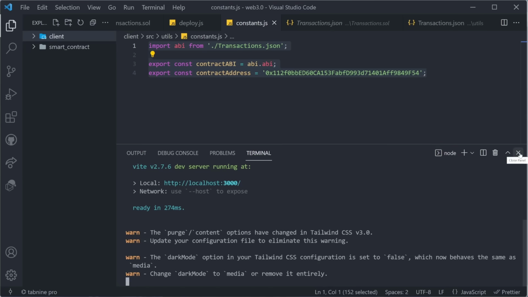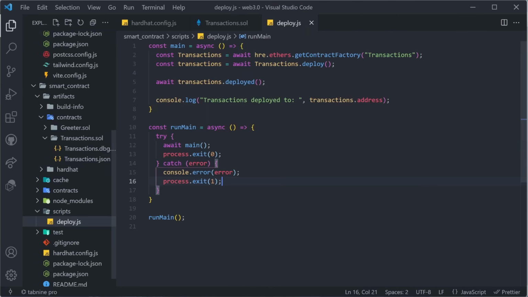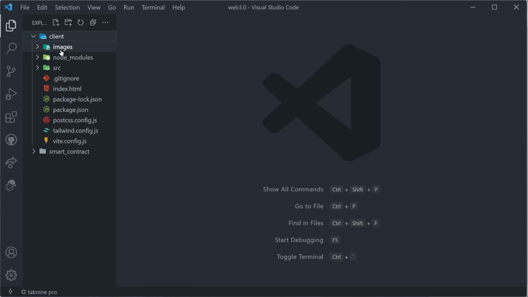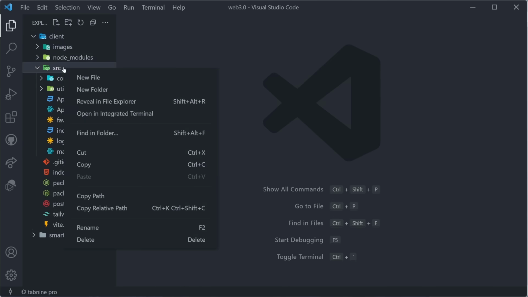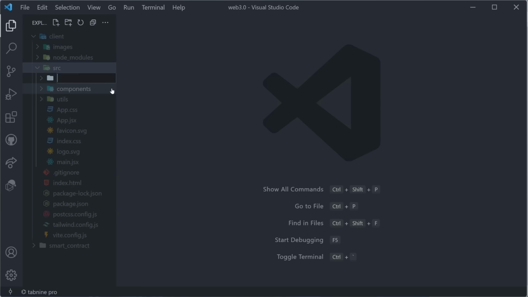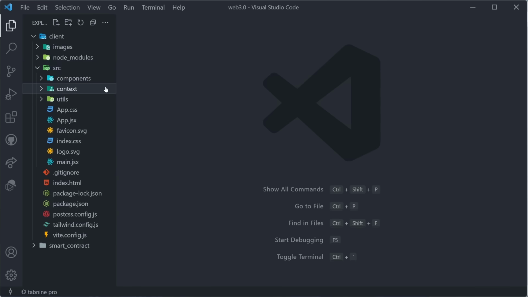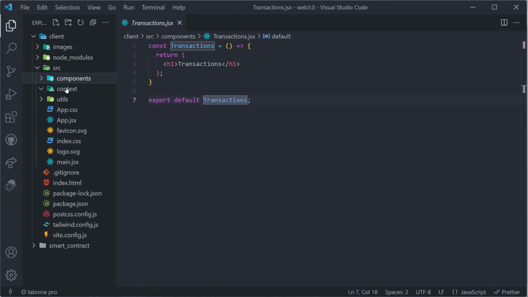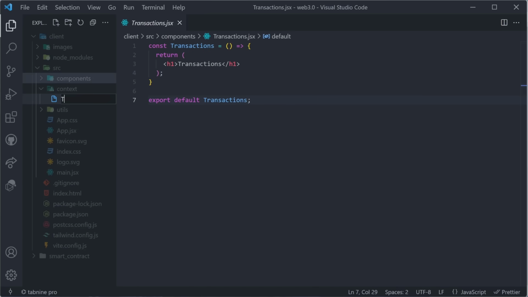Now that that is done, we can close all of our files and folders, just so we have a clean working environment. And we can go to client, source, and then we can right-click the source and create a new folder. That folder is going to be called context. We're going to use React Context API around our entire application that's going to only serve the purpose of connecting to the blockchain. That's going to allow us not to write our logic all across all of our components. We're only going to write it in one centralized place, and that's going to be transaction